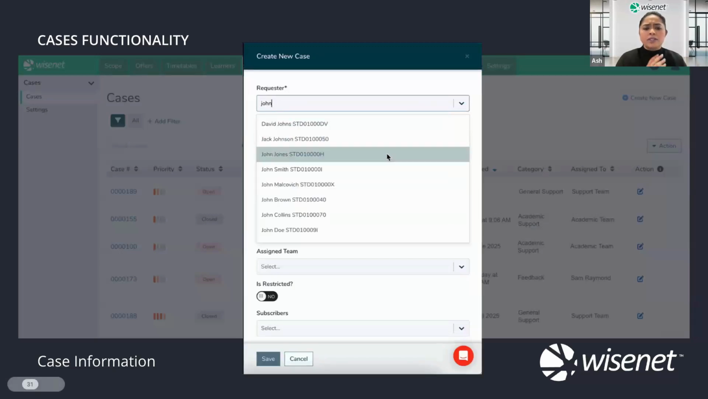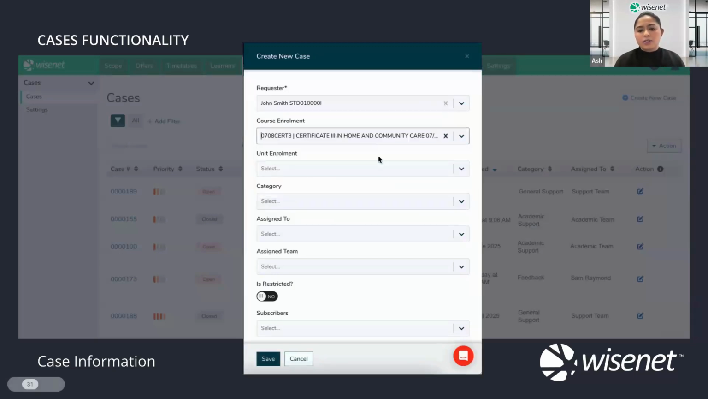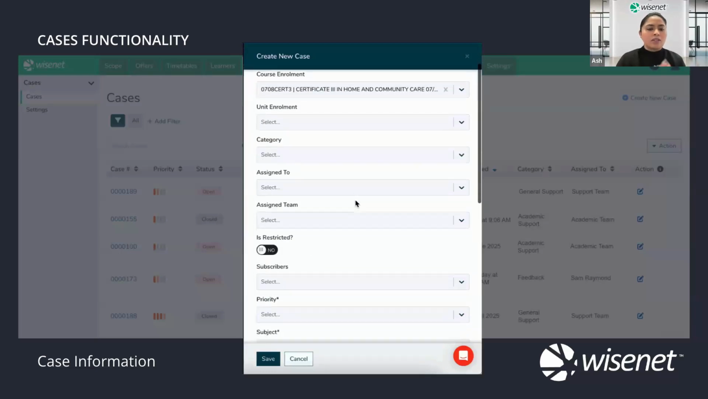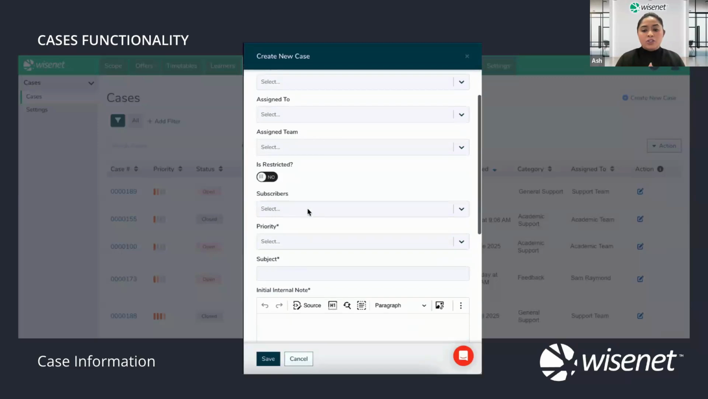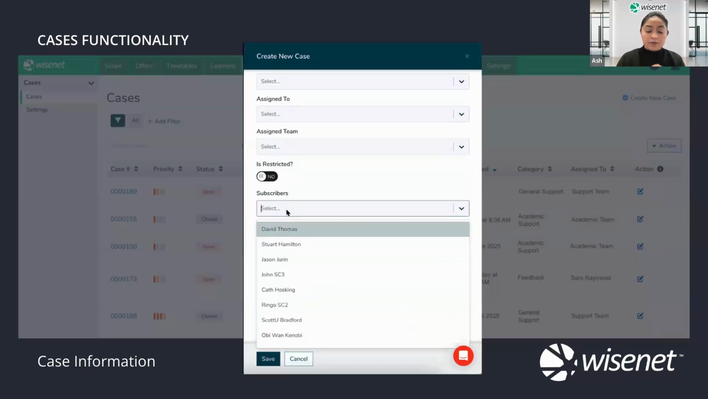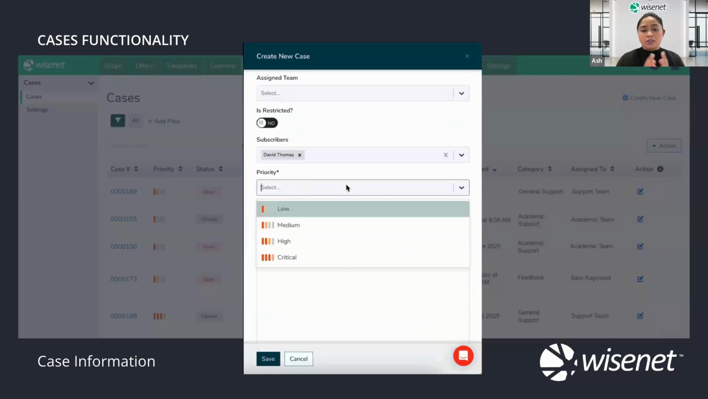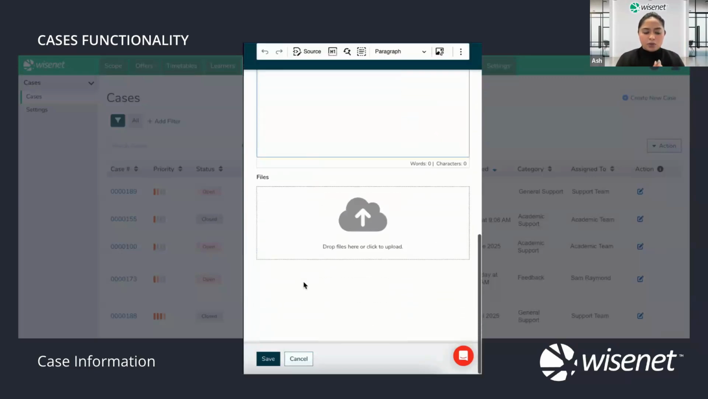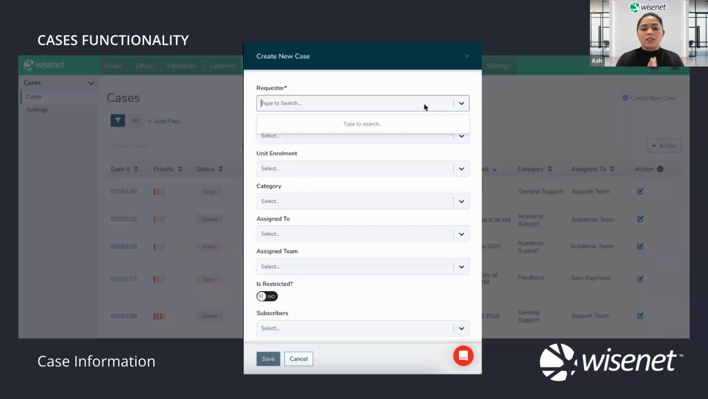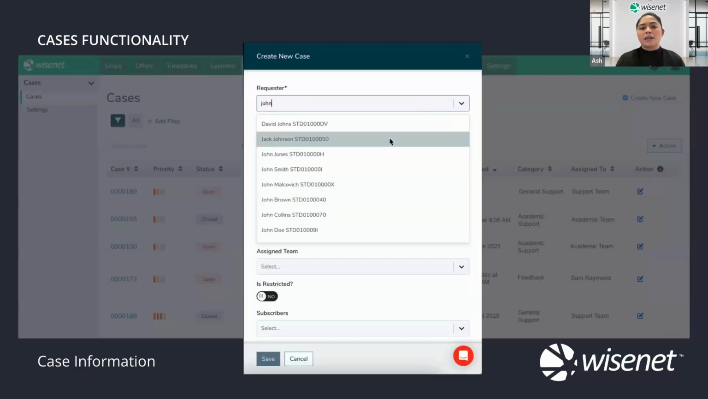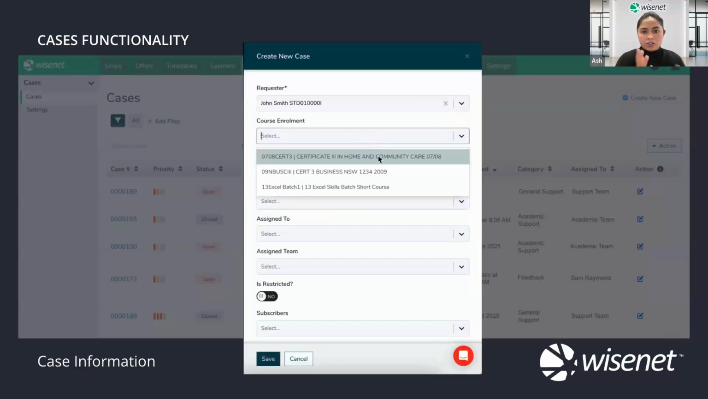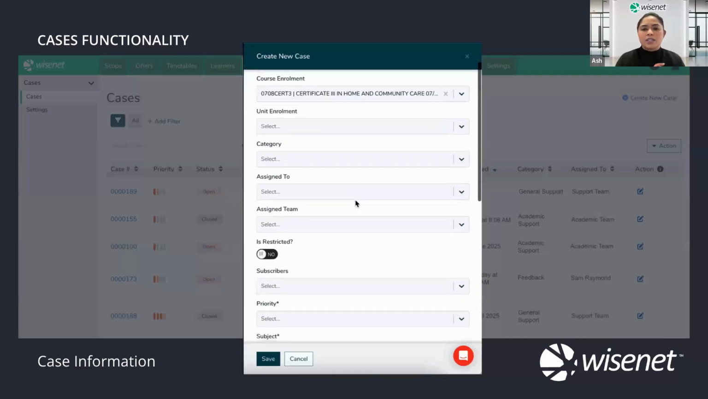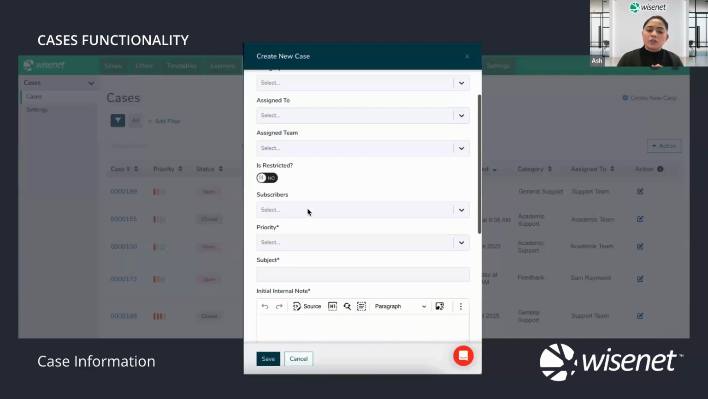You can choose the relevant learner, add further details if the query is related to the course or unit enrollment, pick a category, assign the right staff or team, and choose whether it needs to be restricted. If it is, then you can add subscribers who need access to the case. The subscriber usually is someone that is not the assigned staff or part of the assigned team. Then you can choose the priority, whether low, medium, high, or critical. Add a subject, initial internal note, and any files that you would like to